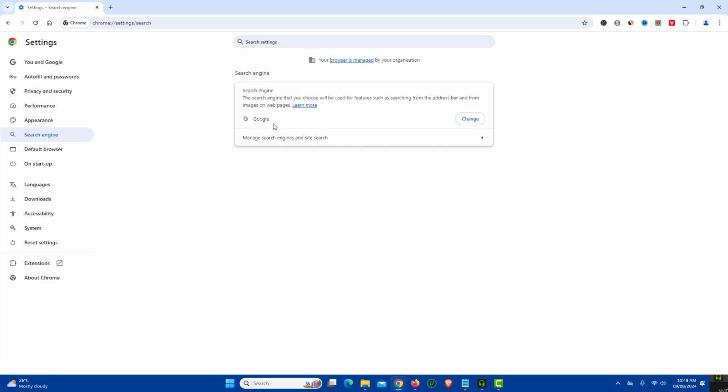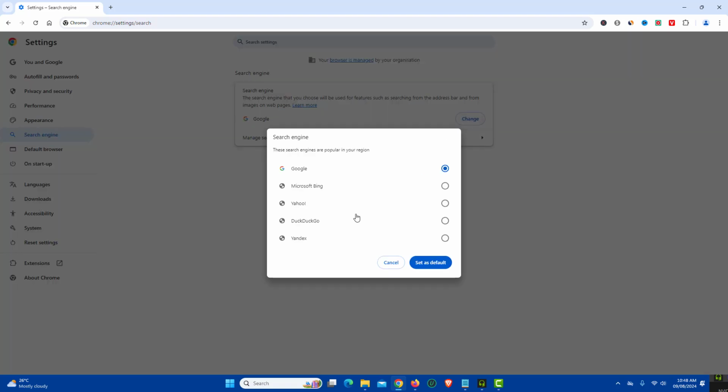On the right side, under search engine, you will find change button. Just click on it. And here you will find various search engines like Google, Microsoft Bing, Yahoo, DuckDuckGo and Yandex. So you can select the one as per your needs